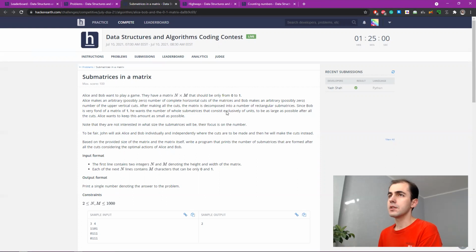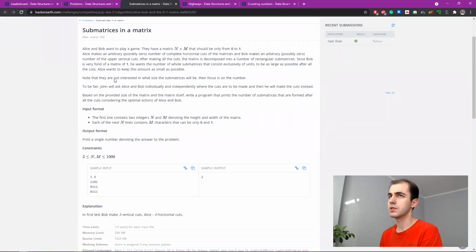Okay, after making all the cuts, the matrix is decomposed into a number of rectangular submatrices, and Bob is very fond of ones. He wants the number of submatrices that consist exclusively of ones to be as large as possible after all the cuts. Alice wants to keep this amount as small as possible.